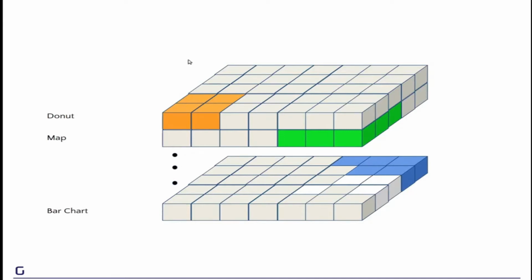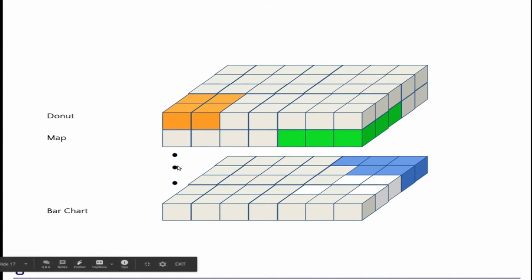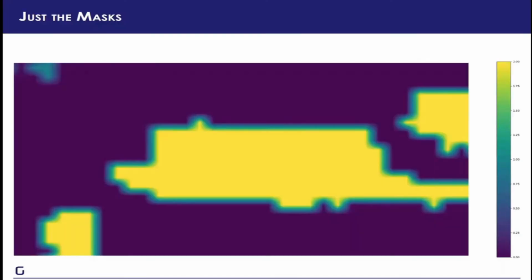So you just run an argmax against the vertical axis and try to find out which chart is present in which part of the image. And that gets us to this kind of a heat map. So now we know that there is something of interest here at the top left, at the bottom left, at the top right, and there is the big region of interest in the middle of the page. This is again a kind of an attention mask, an attention map. It's telling us which part of the web page we should be focusing on.